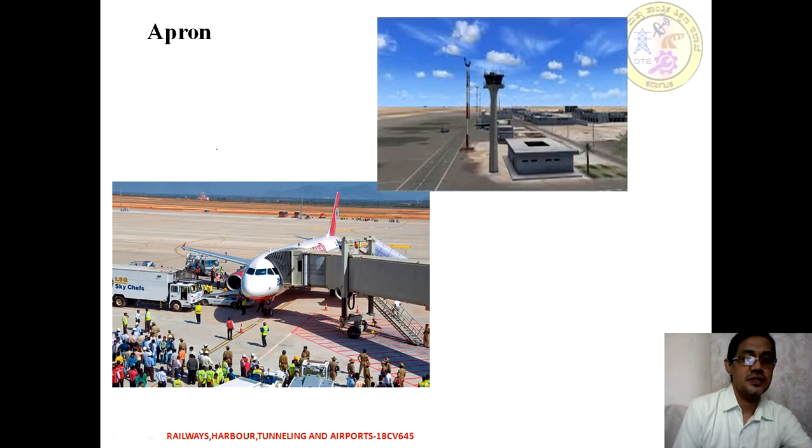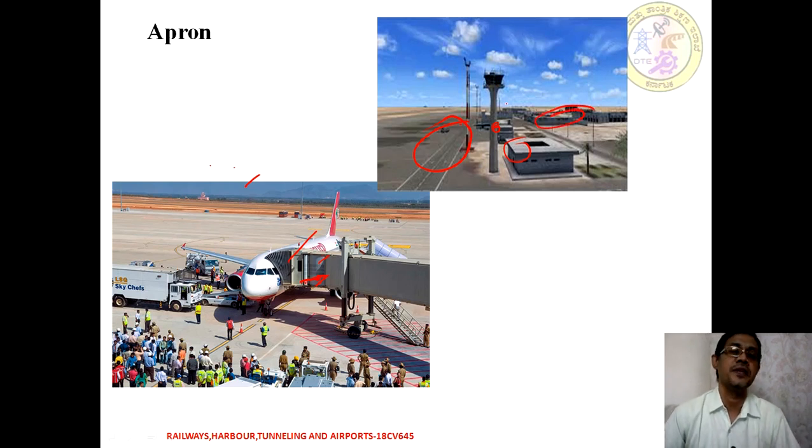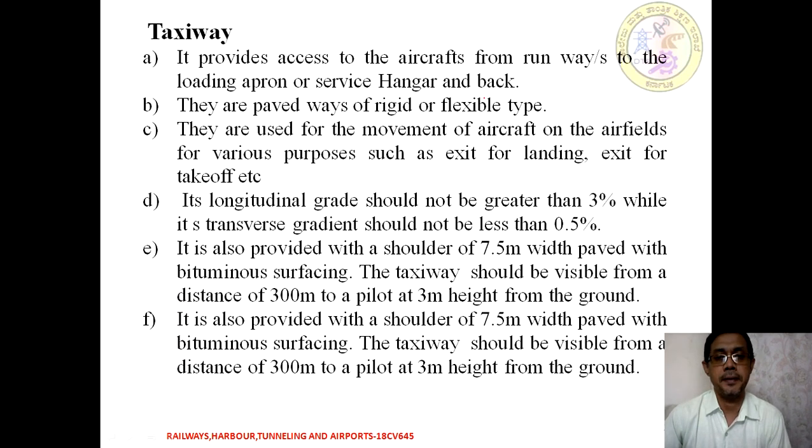So as I said, try to see in these images the apron. This is a wider area where the aircraft is stranded at the air bridge, so the passengers or the cargo are loaded or unloaded. That sort of activity is moved away from the high speed area of a runway or taxiway, so that is called an apron. This is also one type of apron where we have the facility centers or terminal building adjacent to the ATC, and all these things are provided in a decentralized manner. That is also called an apron.